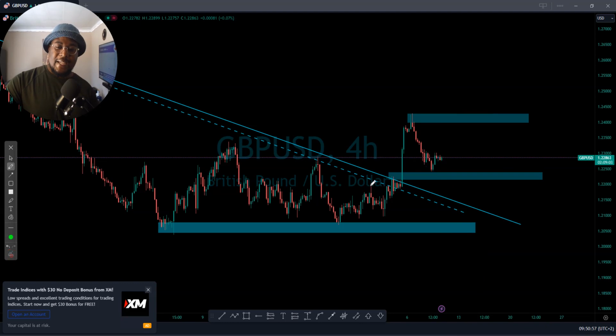But with this type of structure, the market already gave us something. So there is a chance for the market to push even a little bit higher. If it doesn't really break, it means we might see another reversal, but eventually we might see the market pushing to the upside.